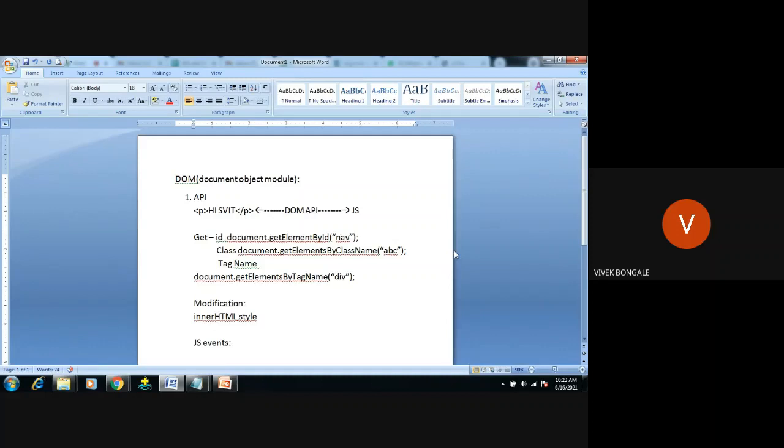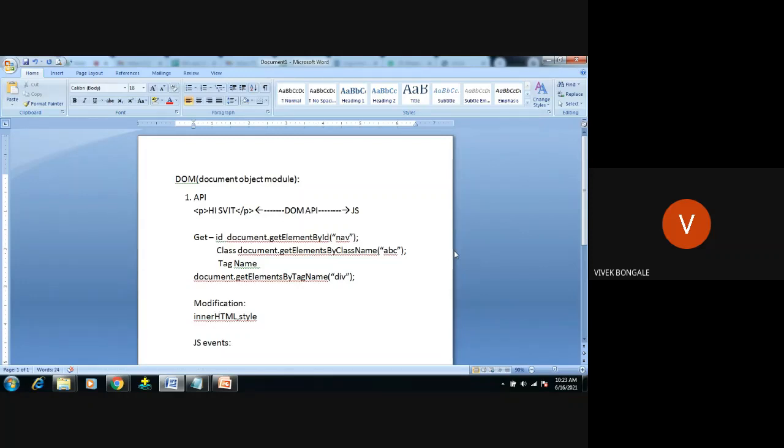So this is what it means when your JavaScript is expecting some event. Once the user presses the OK button, only then will that piece of code execute. That is what a JavaScript event is.